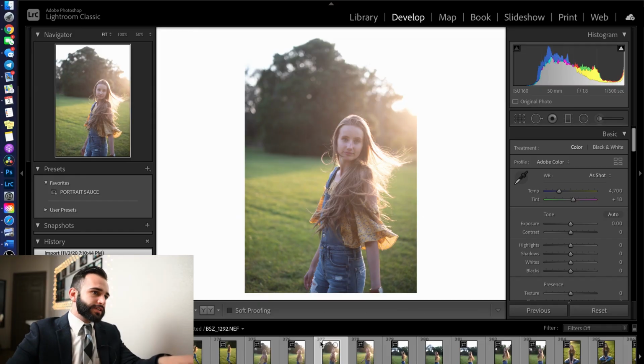But this will teach you what all the tabs do, what all the functions do in Lightroom. We'll also take a look at the new color grading tab that just came out in Lightroom in this new update. Let's get started. All right, so the first thing I'm gonna do for this photo